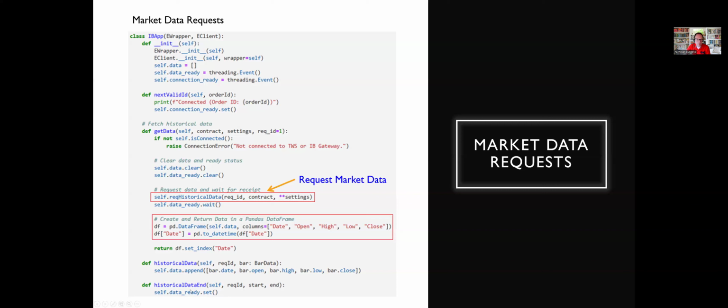And then once all data has come back, this historical data end will be called. And what we've done there is that we've then updated the data ready method. We set it to yes, the data is ready, and that's how it knows all the data's come back. Now at that point, we say, okay, data's ready, and then it'll populate my pandas data frame. So this is the request method, and then two callbacks will be historical data coming back tick by tick or bar by bar, and then once all data's come back, the historical data end method will be called, and that's the pattern within